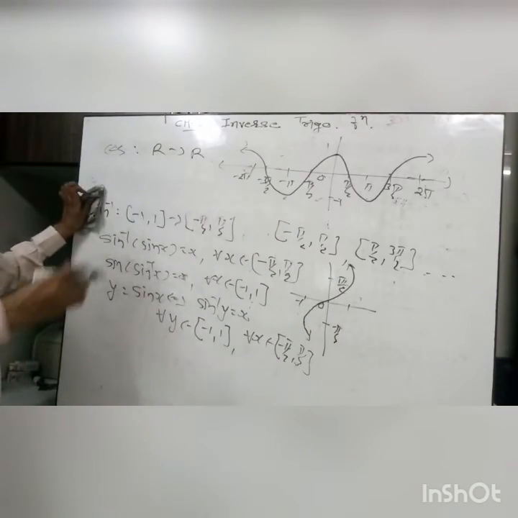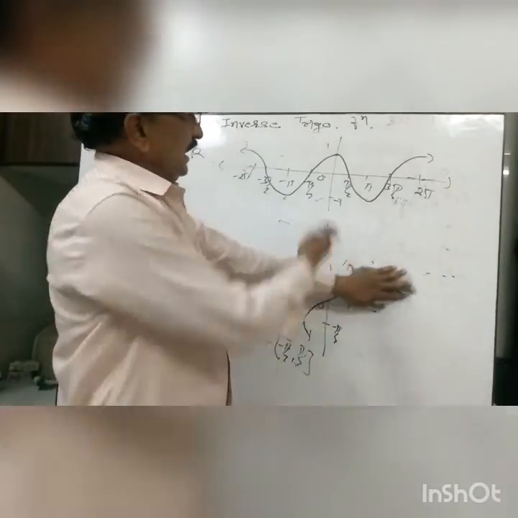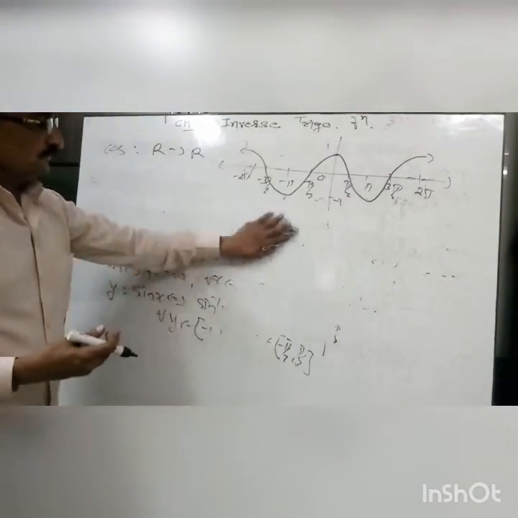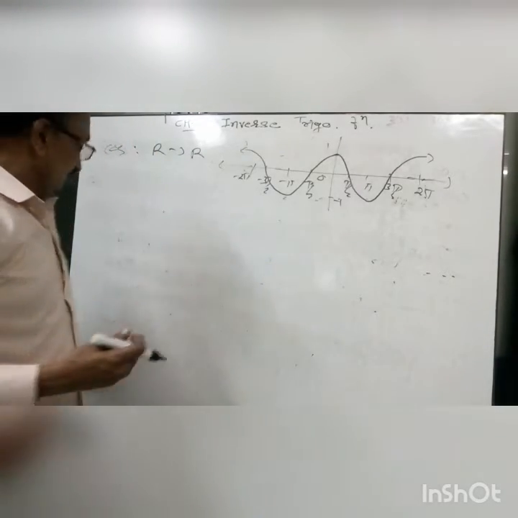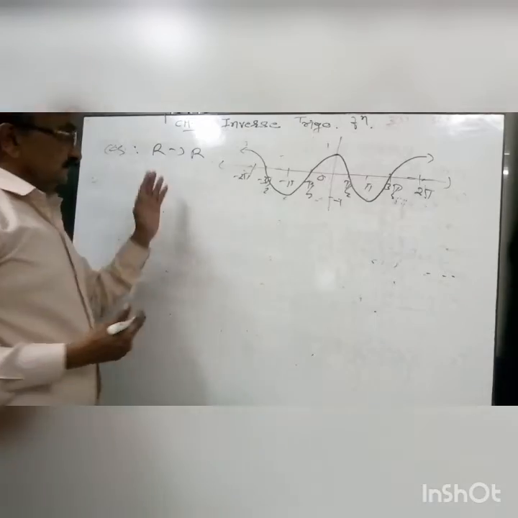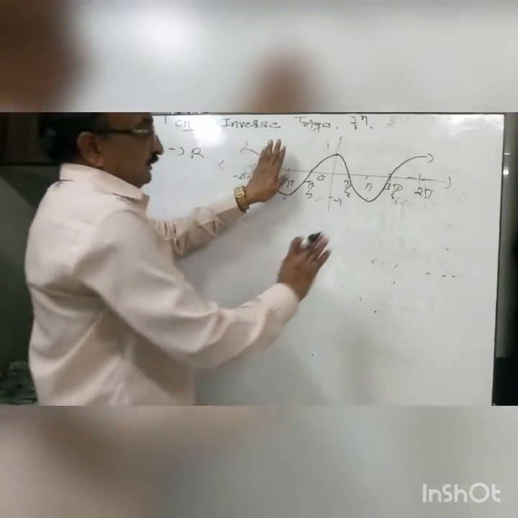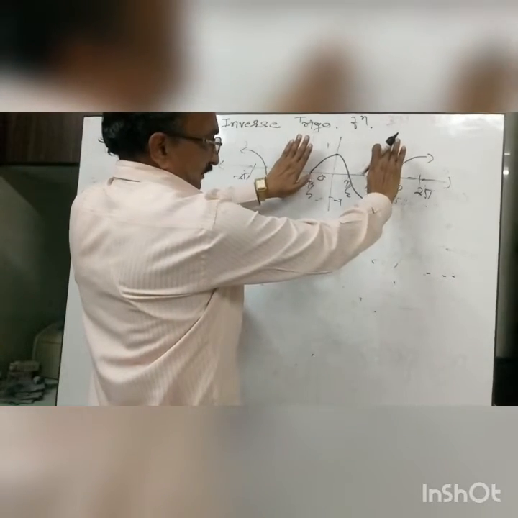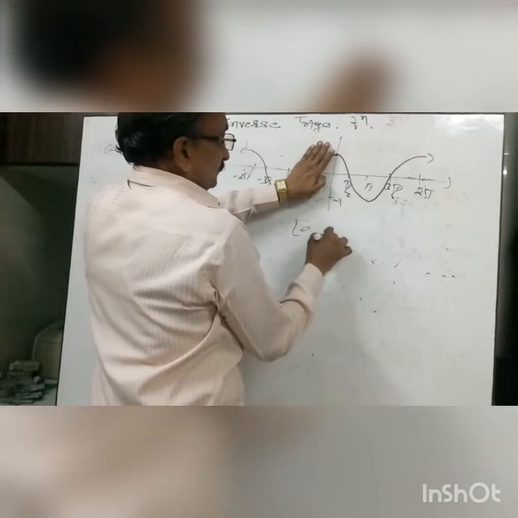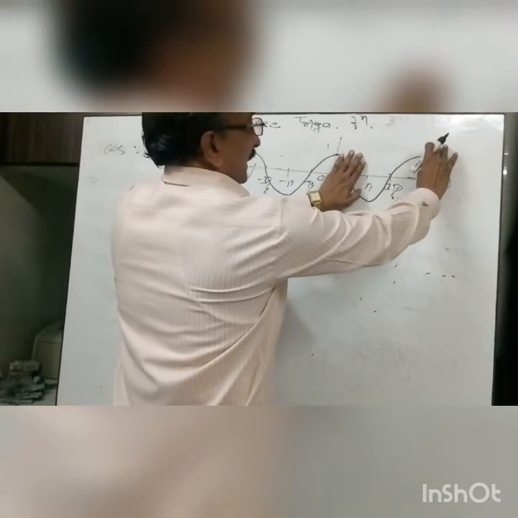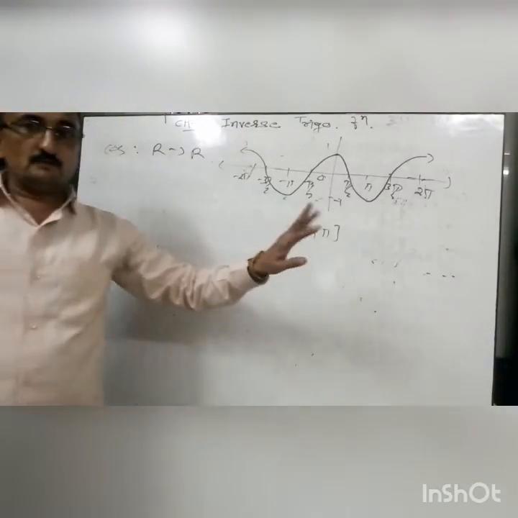See that from the graph of the cos function, cos is a many-one function and not onto. If we restrict its domain and codomain, then this function becomes one-one and onto. To make it one-one, we restrict its domain to the closed interval 0 to pi, or pi to 2 pi, or some different closed interval.